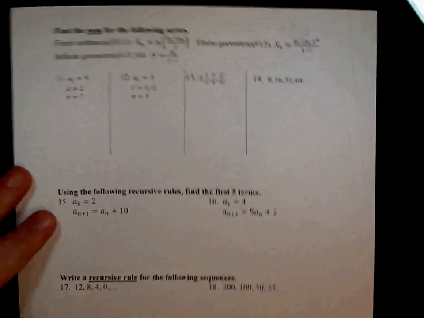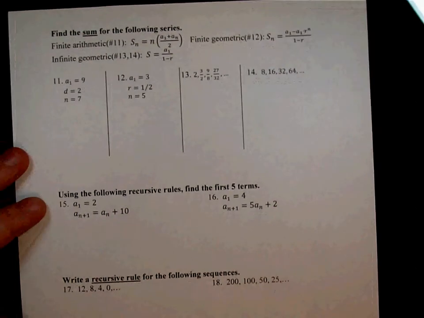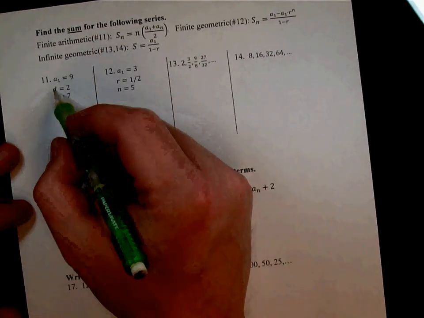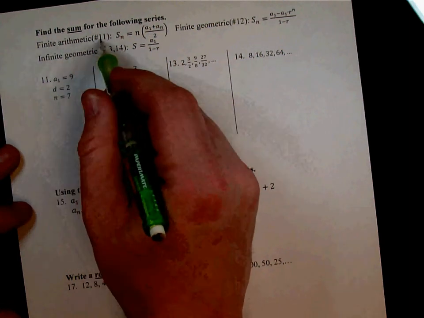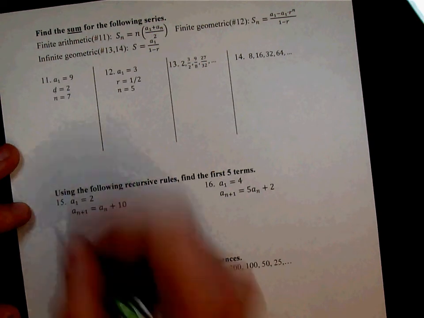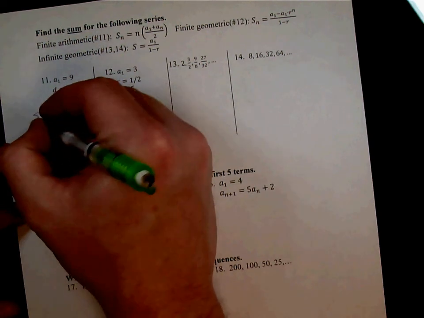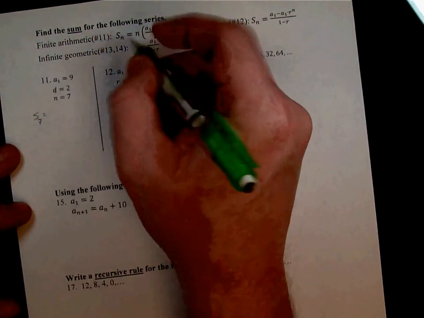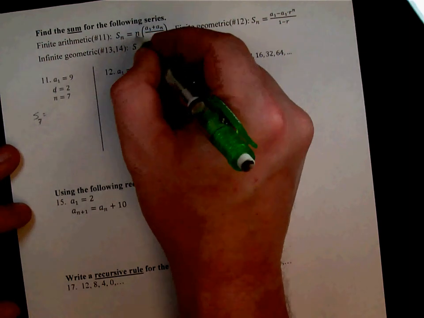Let's go to the back page. Okay, now you've got sums of series. Looks like this first one, it tells us up here it's finite arithmetic for number 11, but also I can see it has a d, so I know it's going to be arithmetic. So I use that formula. So sum of those 7 terms is equal to 7